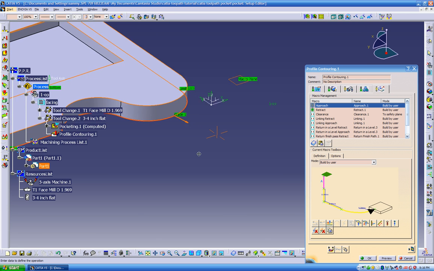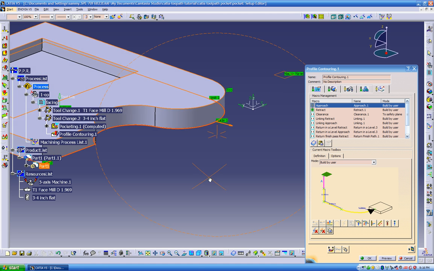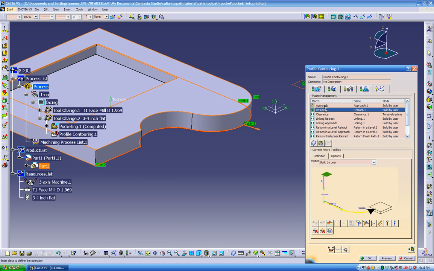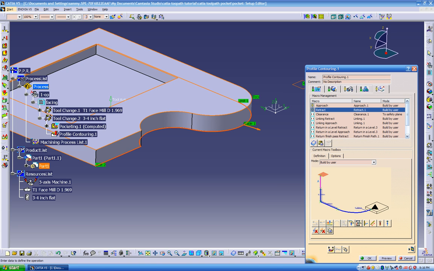So what we're gonna do, we're gonna come from this plane down here and into the part. And axial, I'm gonna do the same thing. I'm gonna click on the retract, and over here on the mode, I'm gonna click on the circular motion. Then I'm gonna go back into the mode, and I'm gonna go to build by user to get my macros, and I click on the plane icon. Then I click on the plane,